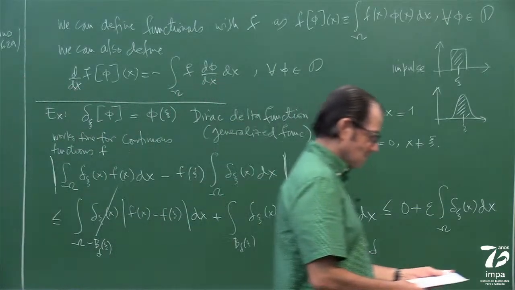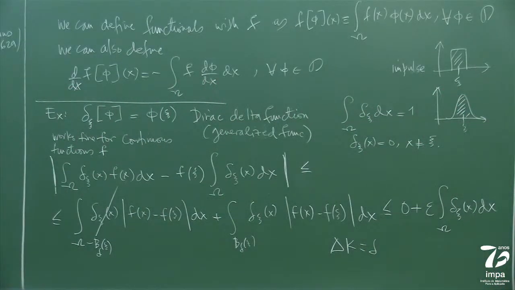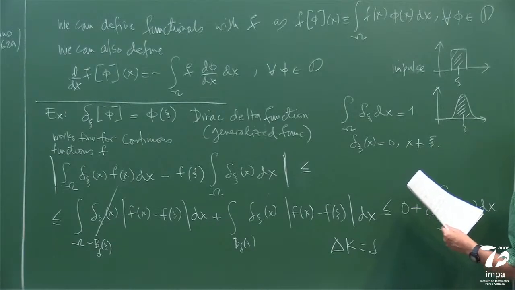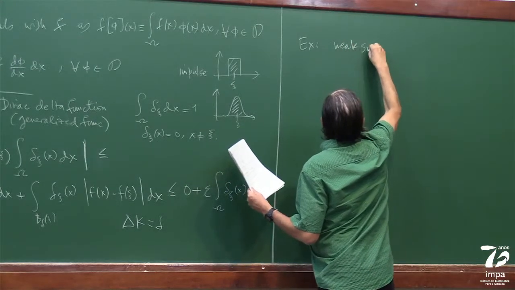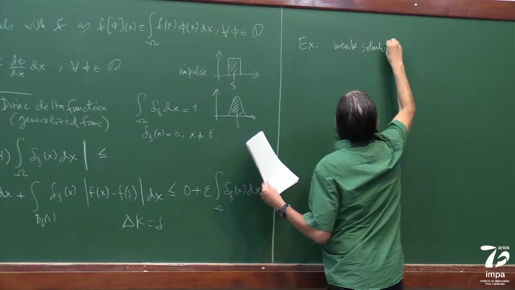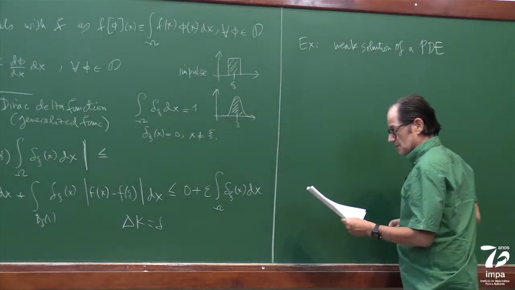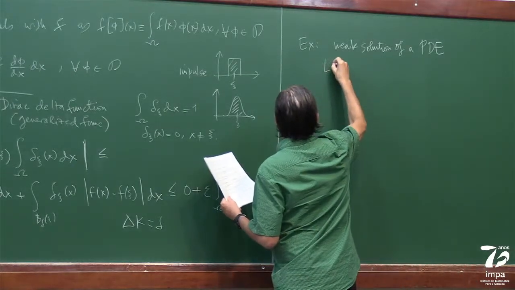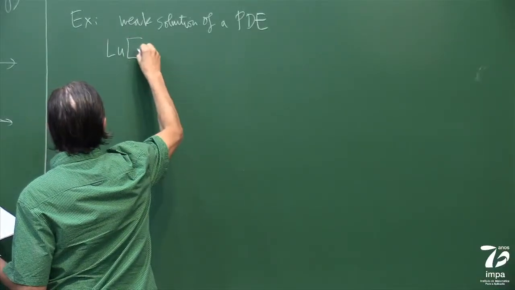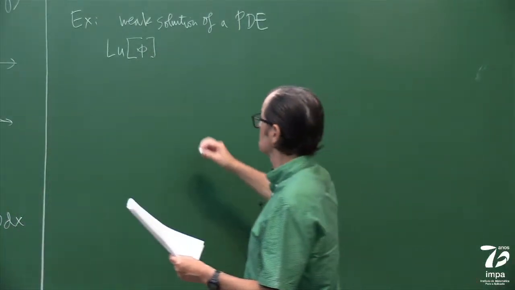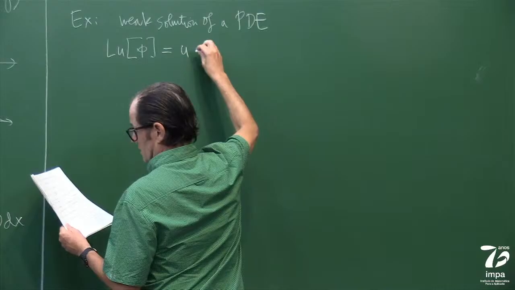Okay, so now let's do the exercise. Did I do everything I wanted? No, I didn't. I almost went too fast. So another example, too, is I can write the following. Look. Weak solution of a PDE. So in this notation, this is the same as writing this,